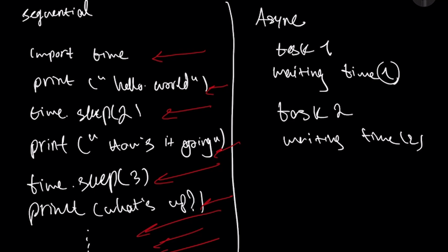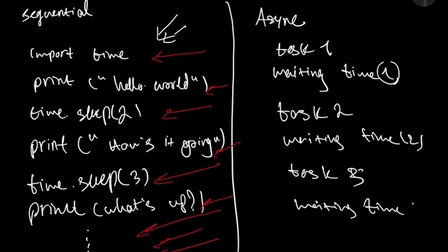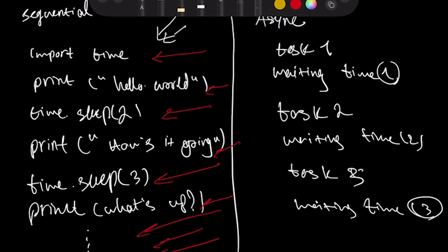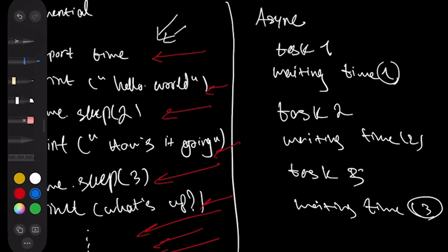I'm just trying to have this side with a different syntax here. Then task 3, then waiting time 3. What is happening here? I would say, what if while I'm running task 1 and task 1 is done, instead